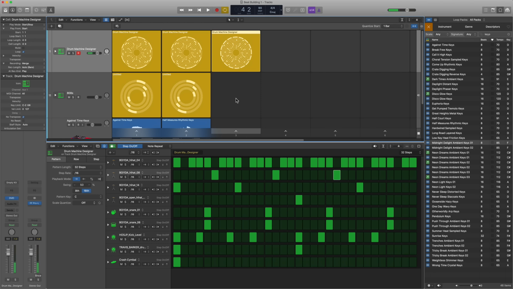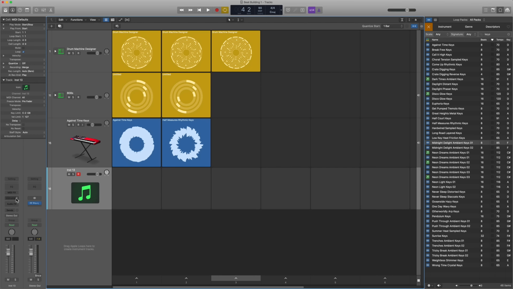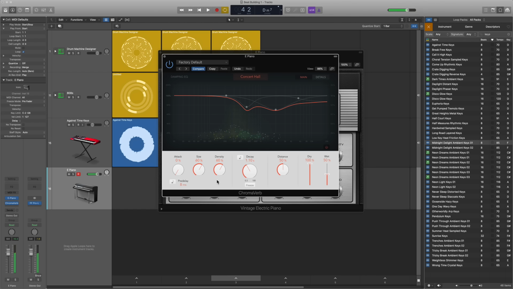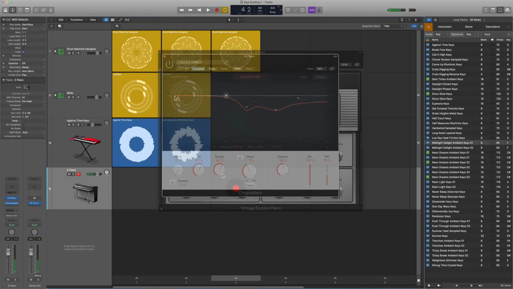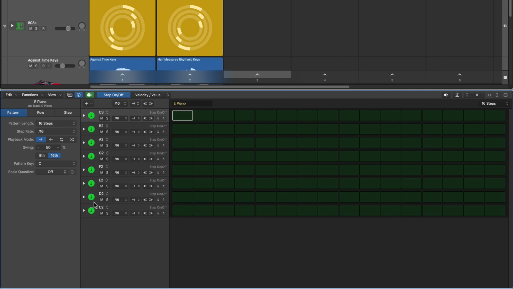Cool. Now you can build out other instruments in addition to drums in the step sequencer. It doesn't just have to be drum beats. For example, I'll load up a new software instrument here. And I'll create a new pattern cell. Now, with synthesizers and other tonal instruments, it's a little trickier because each row is a different note. You can also use melodic rows as well, but things get a little complicated from there on. If you want to learn more about that, go check out my step sequencer course, because it's a pretty deep